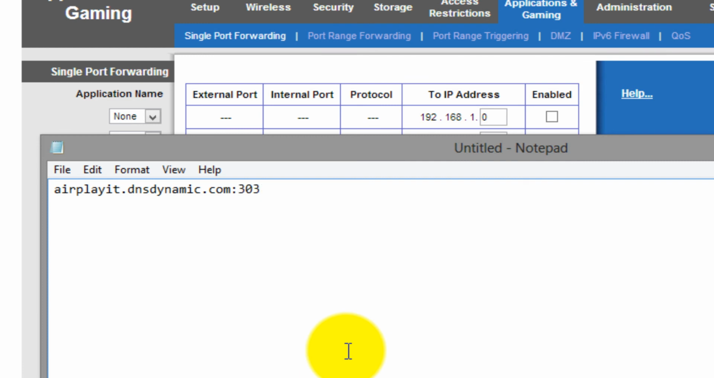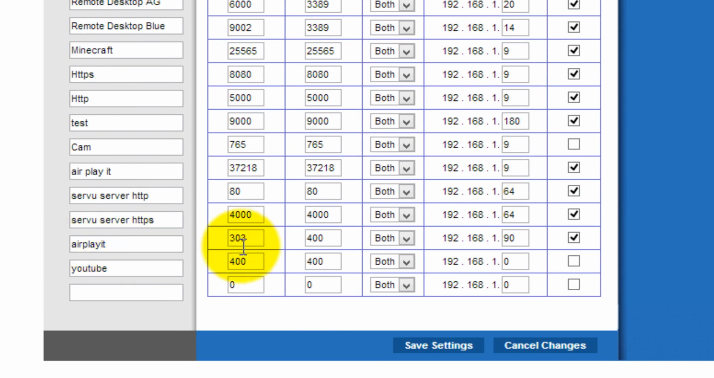So now it knows if we put that in to our AirPlay app on our iPhone, the airplay.dnsdynamic.com is just another name for our public IP address, which that translates into our public IP address, and then that 303 comes over and says, hey, I'm 303. Then it just keeps going until it gets to .90, and that's how you make a connection between two devices anywhere in the world they have internet connection. So that is what port